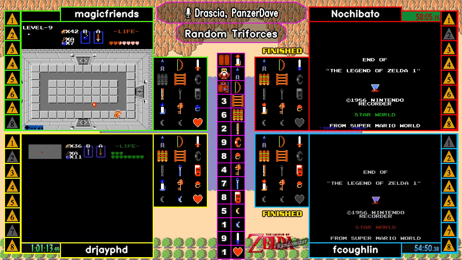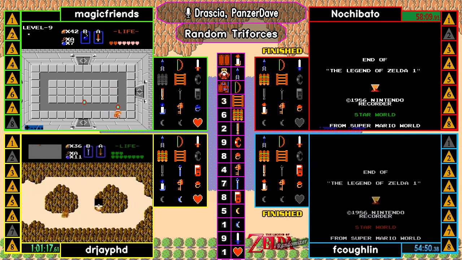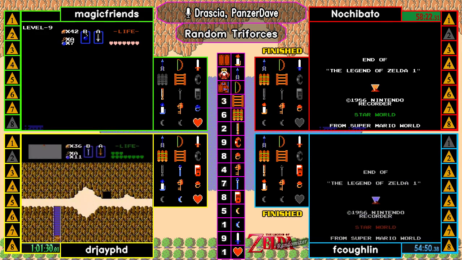Magic is at Ganon here. Yeah. Dr. J needs 2 or 7 Stringle. 5 was up in the top left corner. Yeah, Death Mountain. Very easy Tringle. Oh, Magic's taken a death. I mean, they've only got the blue ring, so